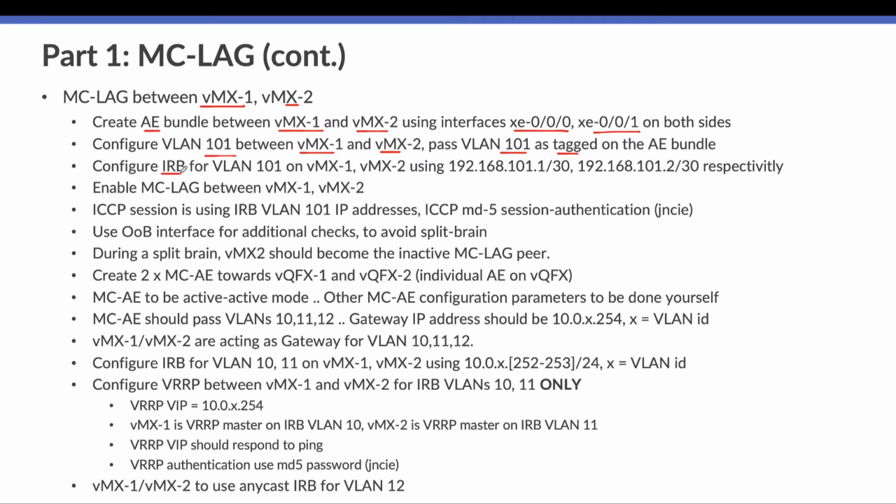Then create an IRB interface for VLAN 101 using these IP addresses respectively. Then we need to enable MC-LAG between MX1 and MX2. We need to enable the ICCP session over this IRB interface we just created, with MD5 hashing and session authentication, using the JNCIE key. Then we need to use the out-of-band interface for an additional check to avoid split brain, as we did